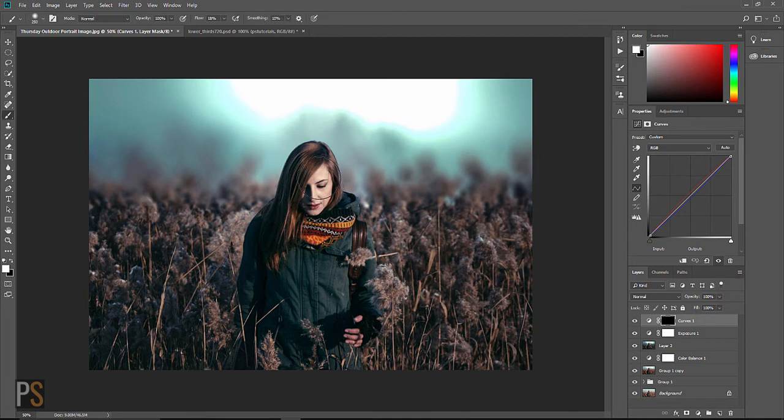So I've got my brush tool selected for painting. I want to make sure I'm on white and make sure the flow is on about 10%. Now I'm simply going to paint over my black mask, revealing this colour on the woman. Super simple to do. Now I want this to be a subtle change, so let's have a look at the before and the after. You can see it's only a subtle difference, and just paint a little bit more back in. This is just another way of making our subjects stand out more